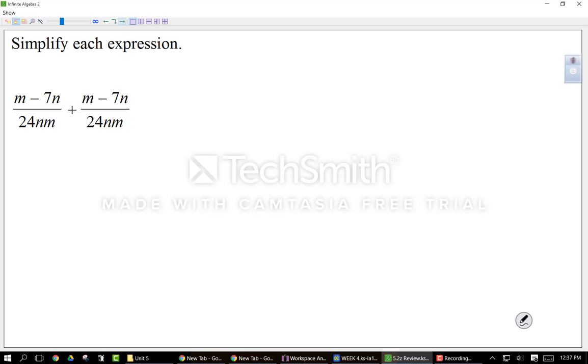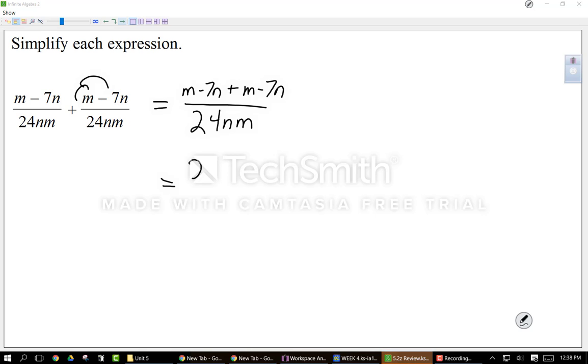All right. Again, my denominator is 24nm. It could be mn, it doesn't matter. Again, it's multiplication, it's commutative, so I can change the order. Up top, because I'm adding, I get m minus 7n plus m minus 7n. Because it's a plus, nothing changes when I distribute. So now combine like terms up top, I get 2m, because m plus m, minus 14n, because negative 7 minus 7, over